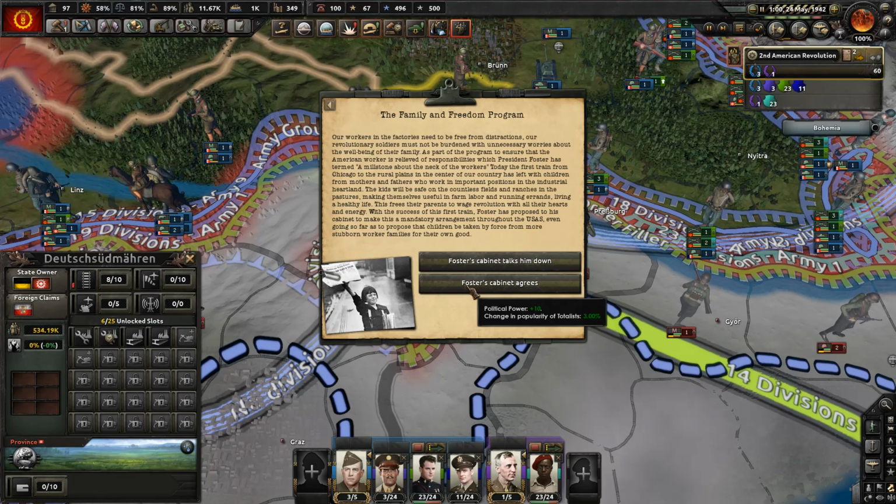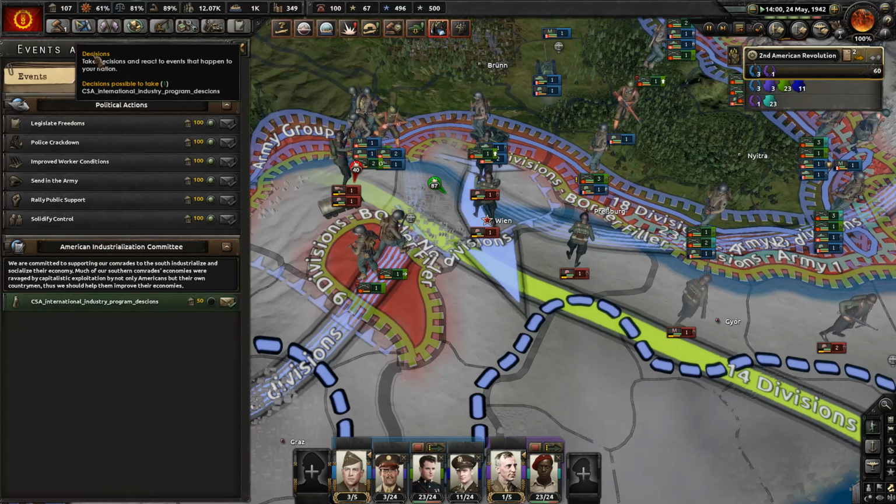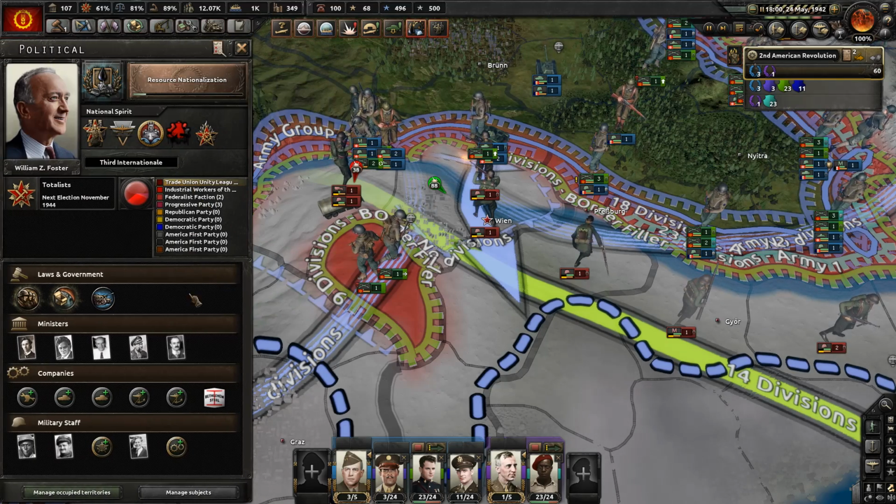Can he be talked down or no? The cabinet will agree. That gives me 3% totalist popularity and 10 political power, which is going to get me into a new political power game bracket, which is, of course, awesome. Great. Okay,